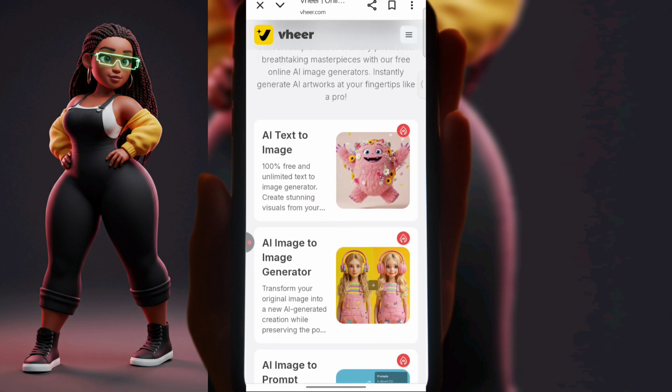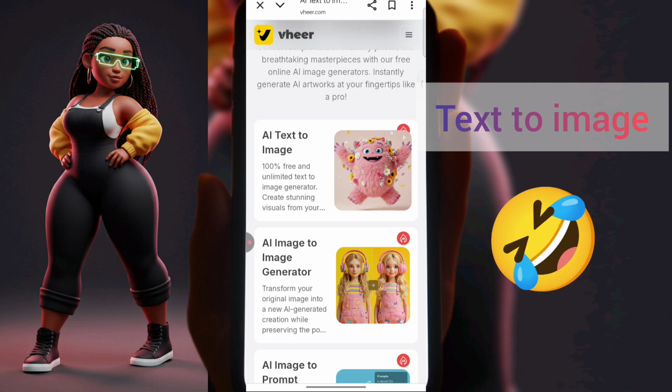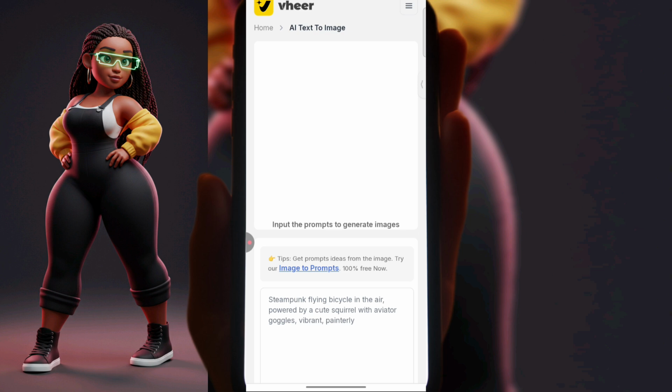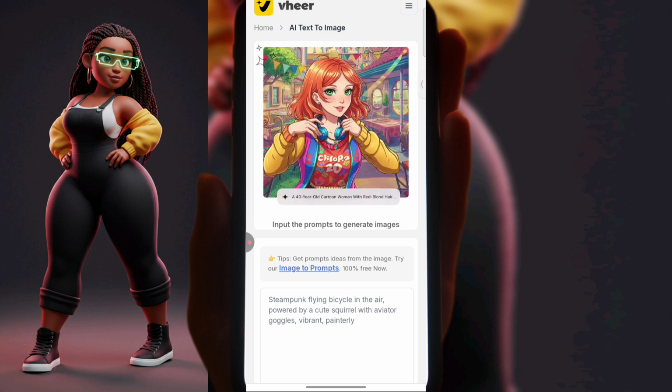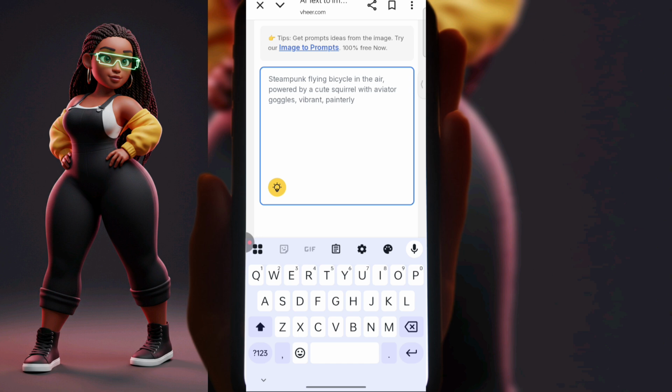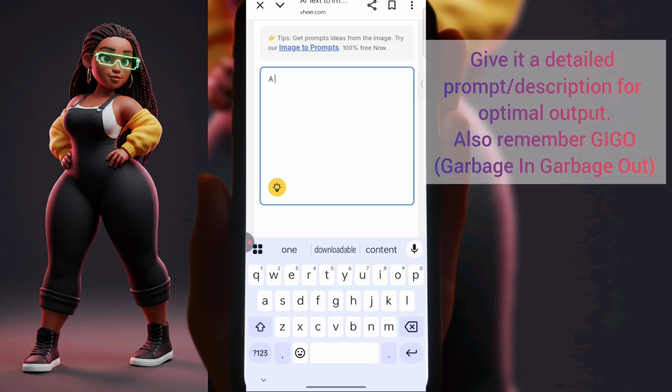Okay, so now let's start with the text to image. You just tap on the generate image from text. Then let's type in what we want to see. If you don't have anything in your mind, you think your mind is blank, just go back to ChatGPT for some prompts. Okay, so I'm just going to write a beautiful